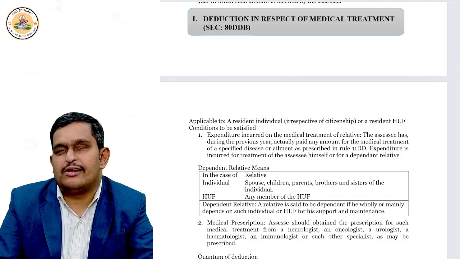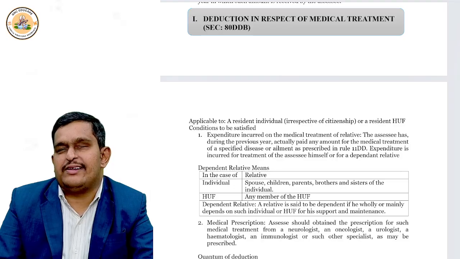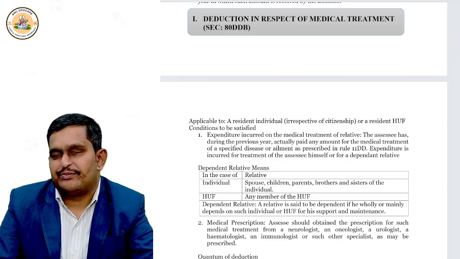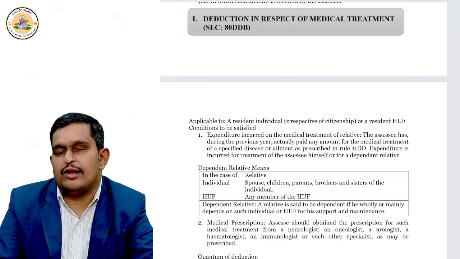Right? We have to discuss specified diseases. When we talk about specified diseases, they are mentioned under Rule 11DD. It can be a neurological problem, an oncological problem, a urological problem, right? It can be any specified disease which is to be treated by a specialist,